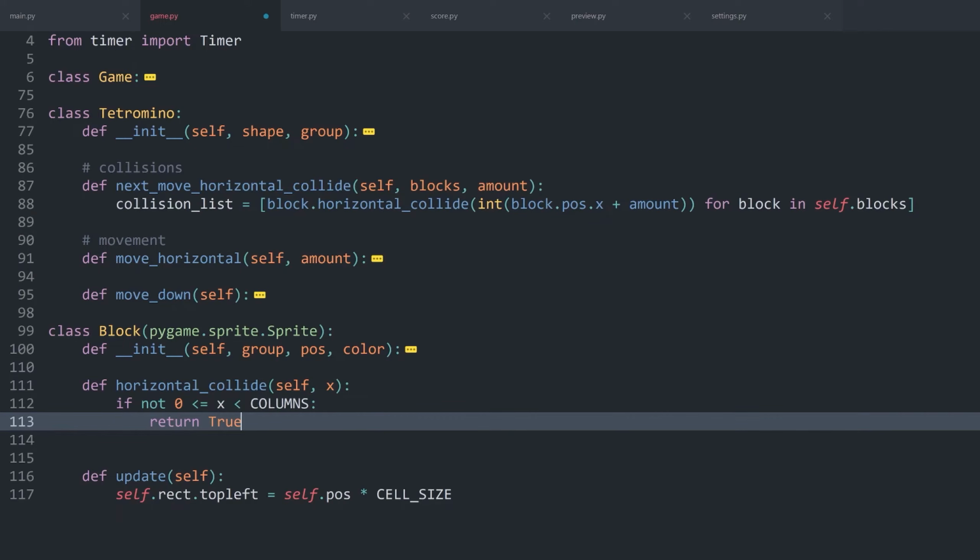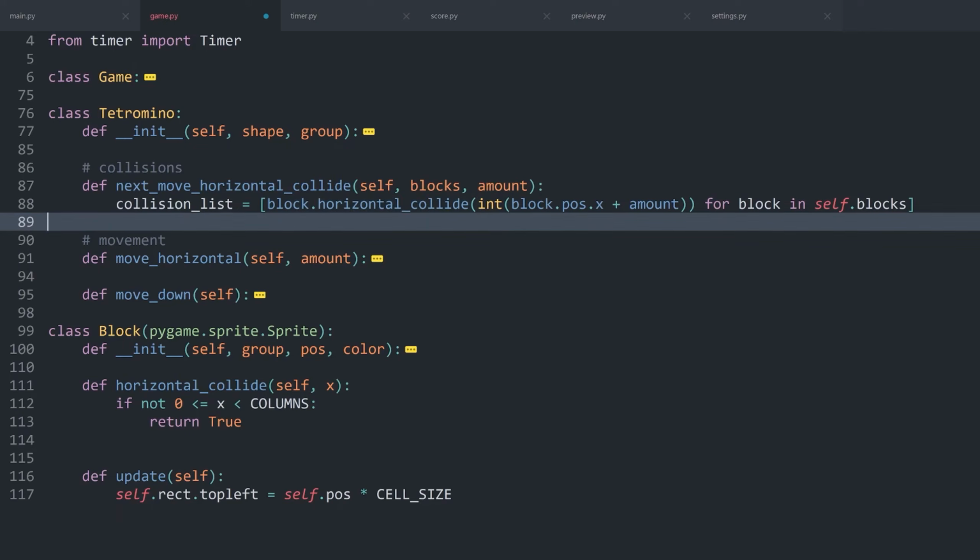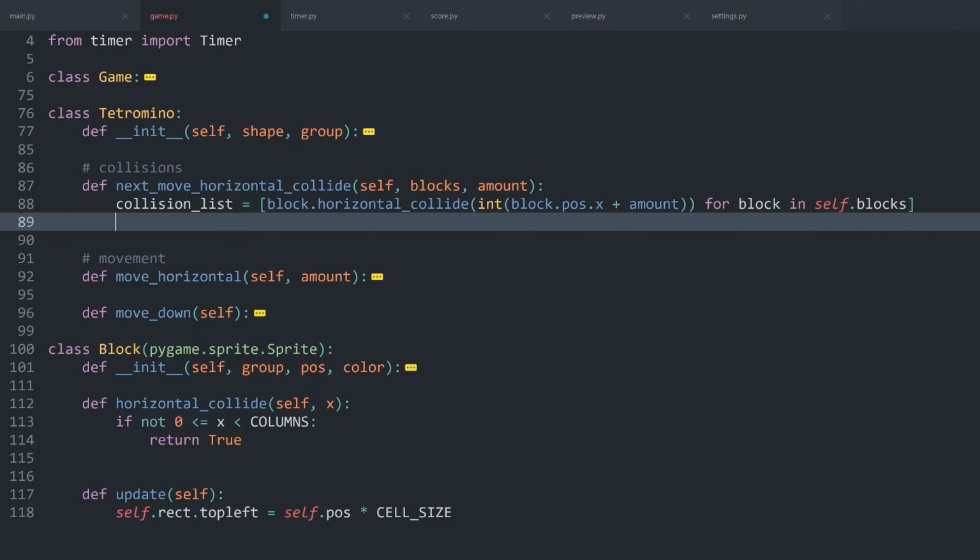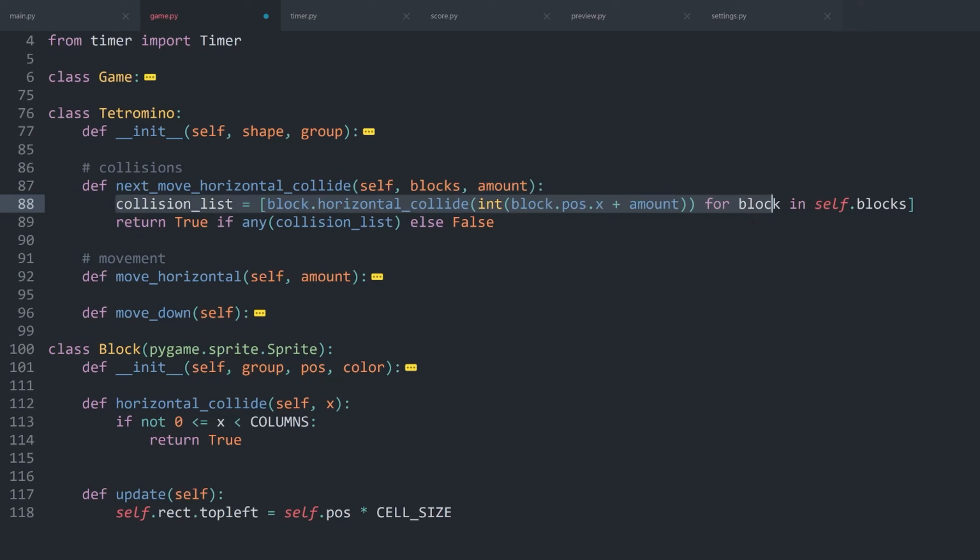We don't actually have to care about specific positions. We can keep that inside of the blocks. All we care about is if there's a collision or not, and that we can then use. Inside of next move horizontal collide, we can return true, but only if there is any true value inside of the collision list. If that is not the case, so else, I want to return false. This is then going to check if there's any true value inside of the list. This entire method is going to return true. However, if there isn't, it is going to return false,